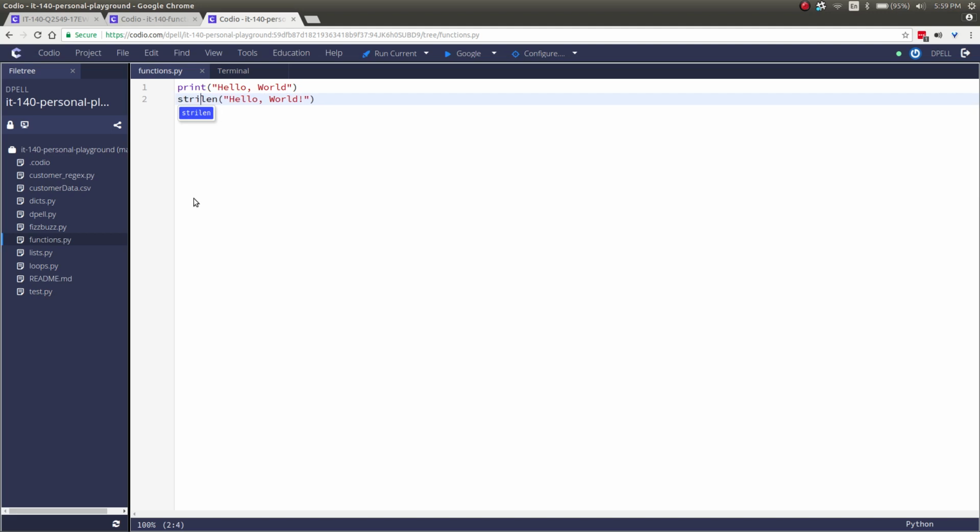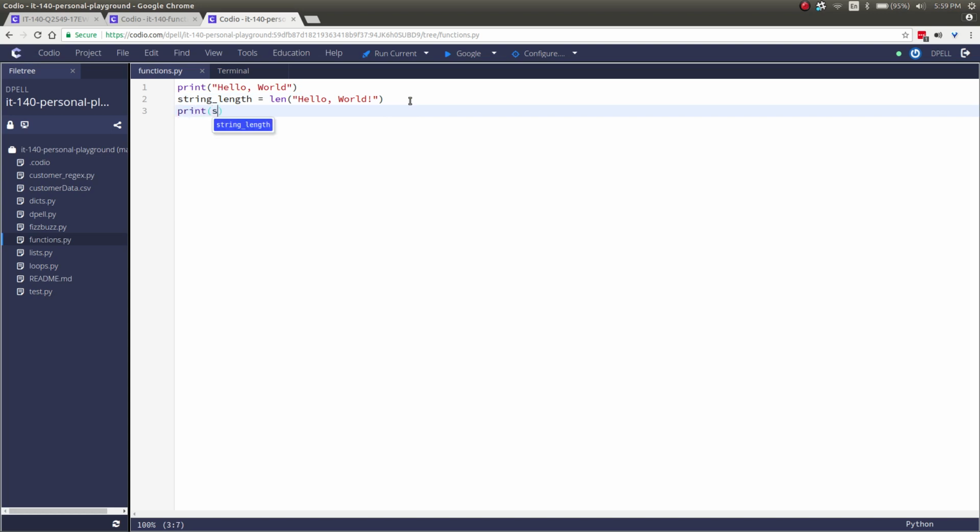We have to give this a variable name. So we're going to say string length is equal to len hello world, and then we want to print string length,